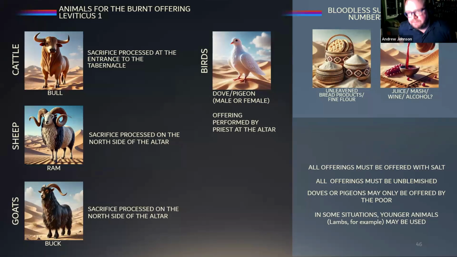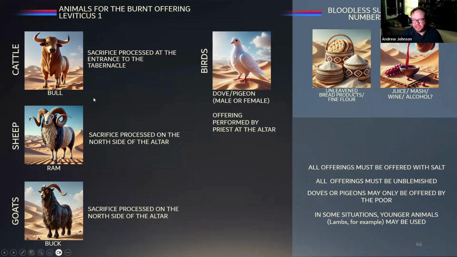One other thing that's really been helpful to me with AI is, for example, this class that I did on sacrifices and burnt offerings. Basically, all of these images here for the different types of offerings are icons, right? We've got a bull, a ram, a buck, a goat, a dove or a pigeon, unleavened bread and flour, and then we have our wine. Now, how do we make them all look similar?